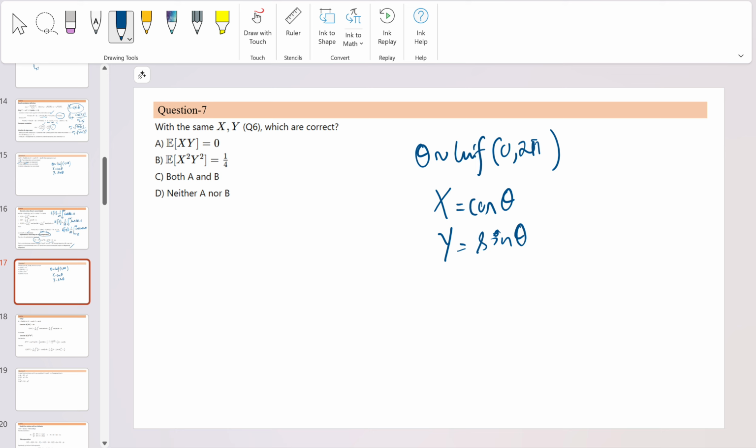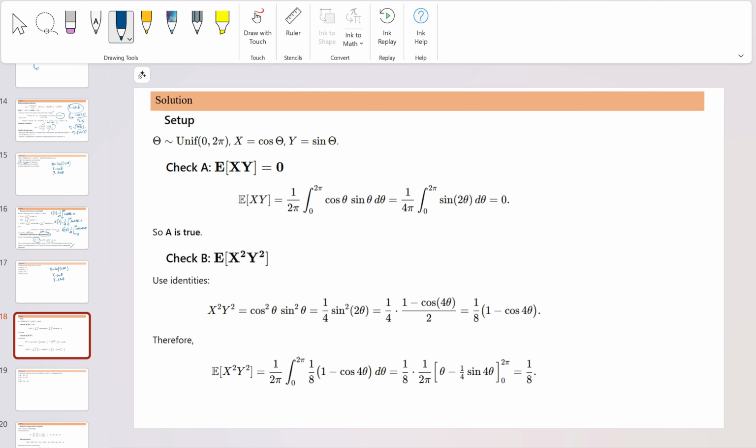Okay, let's try to solve this. Let's find out first the expectation of xy. Expectation of xy will be equal to 1 upon 2 pi, integral 0 to 2 pi, cos theta sin theta